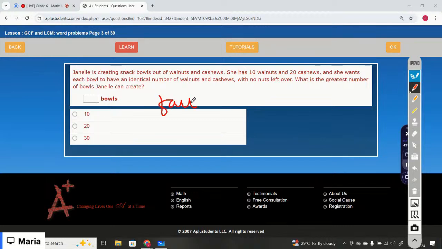The factors of 10 are 1, 2, 5, and 10, and the factors of 20 are 1, 2, 4, 5, 10, and 20. So the greatest common factor is